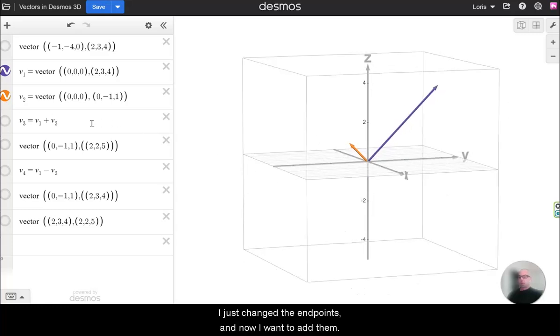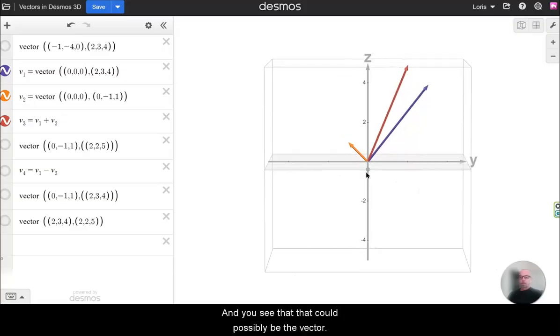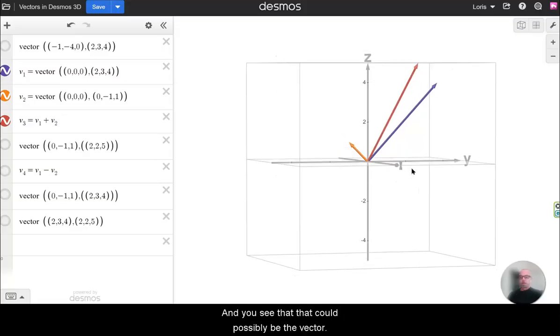And now I want to add them. So what I can do is say V3 is V1 plus V2. And that's the advantage of labeling them like I did here. And you see that could possibly be the vector that is a diagonal of the parallelogram formed by these 2 vectors. So what I've done is I've shown that it is indeed the diagonal by